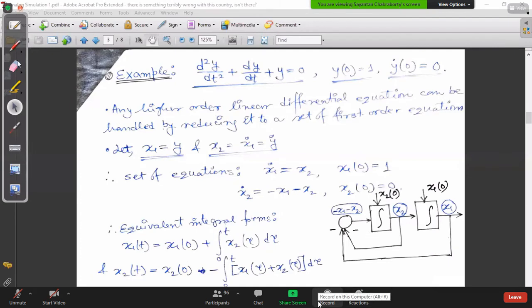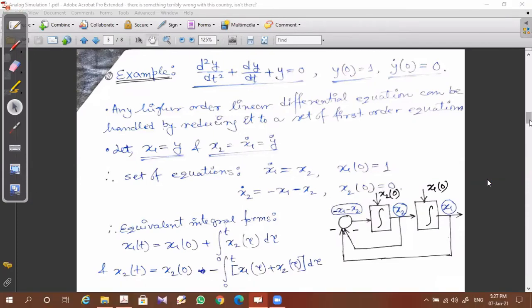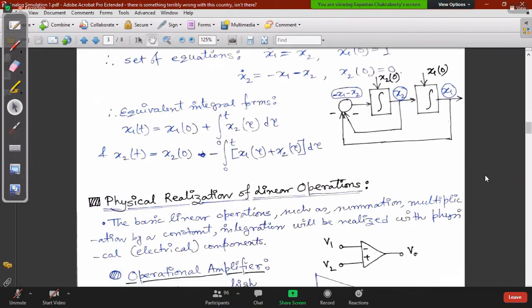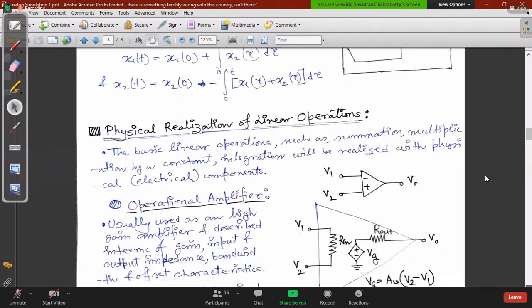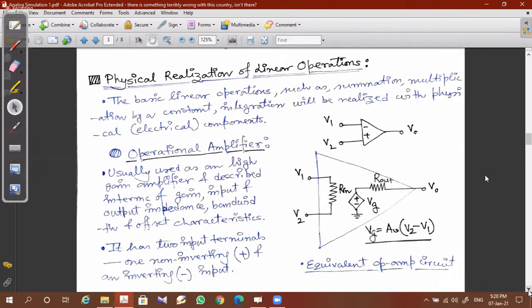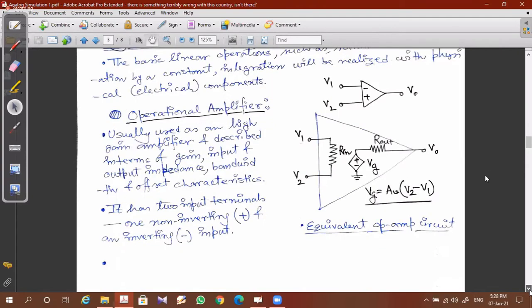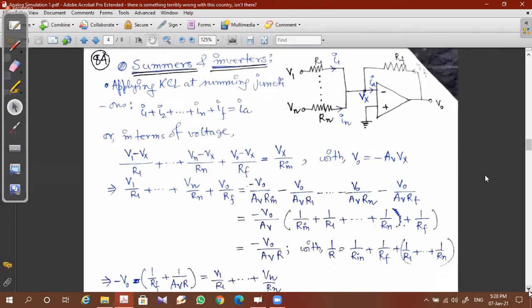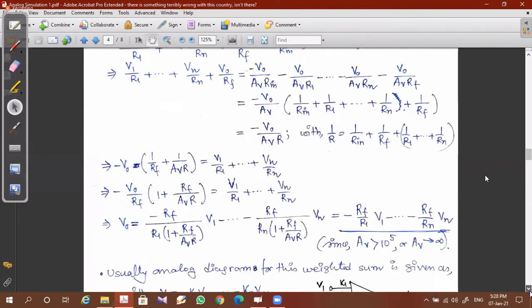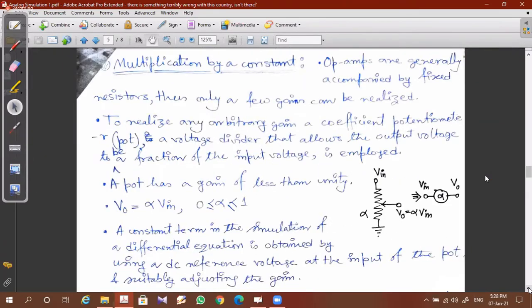Now, the important thing is that we've been discussing this summer and integrator. How do these blocks actually look? I think you have quite a good knowledge of analog circuits, op-amp circuits, right? Operational amplifier. I should not waste time on this, okay? The standard operational amplifier I'll just skip through. This is a summer, an inverter, right? The very common things. The only thing that is important is that